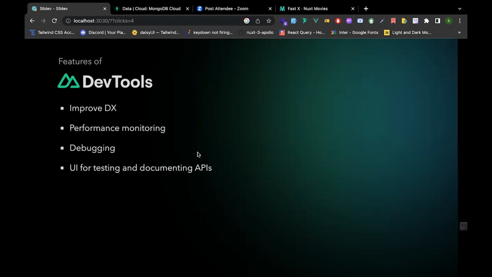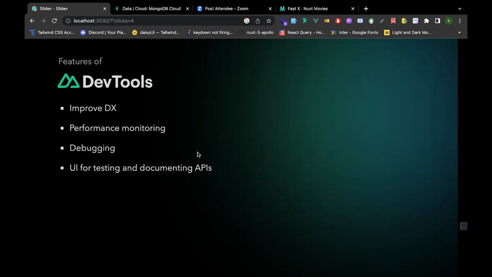You'll be creating your own APIs and using them. When the DevTools first came out, we didn't have this feature for testing and documenting APIs, but as of Nuxt DevTools 0.6.4, we have this